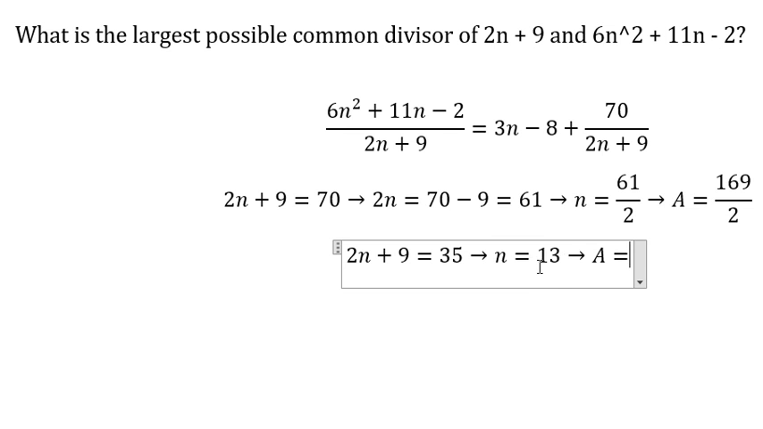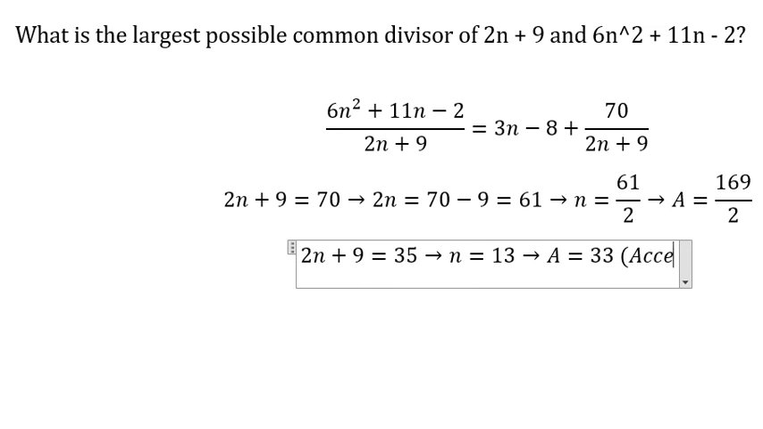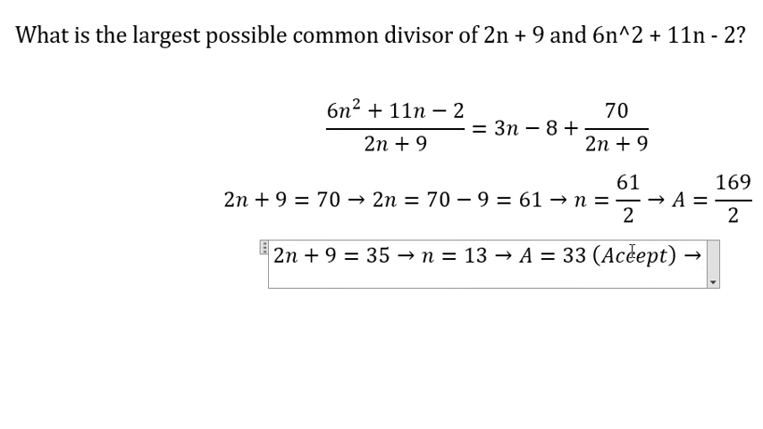Now we put the number 13 in here. So we have 33 and we see that this is an integer. So we need to accept. And now the largest possible common divisor is